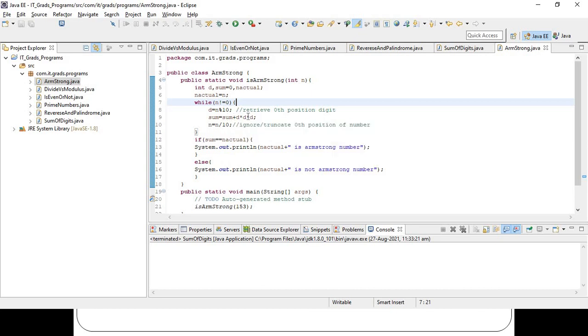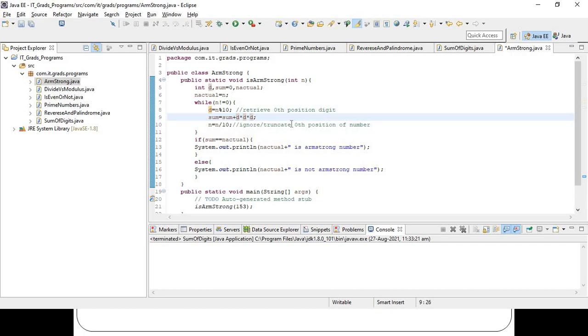If you want the sum of the squares, then we perform sum plus d into d. That gives the sum of the squares of the digits. If I want the sum of the cubes, then d into d into d. And if you want the fourth power, d into d into d into d, then you get the sum of d to the power of 4.